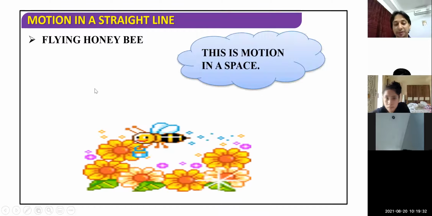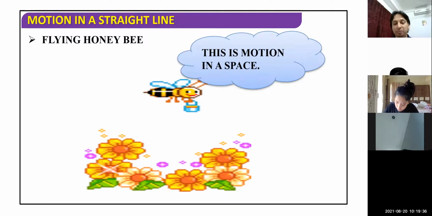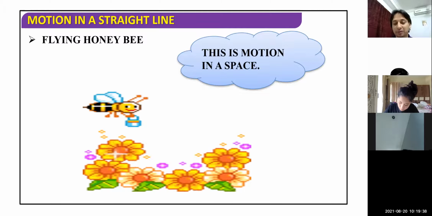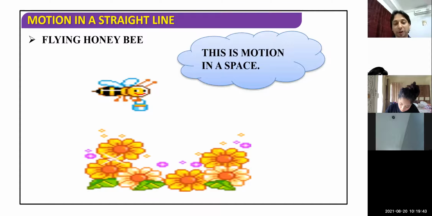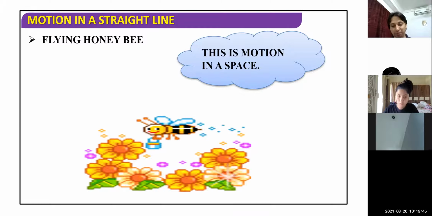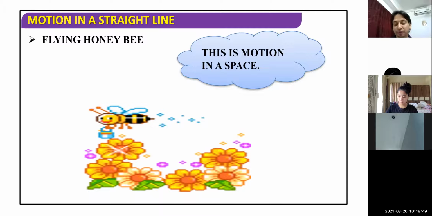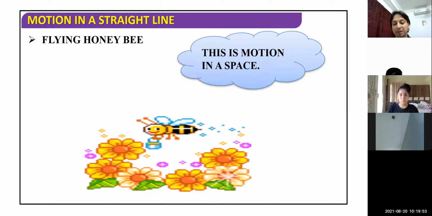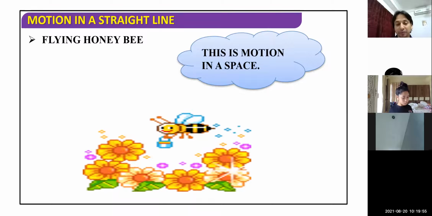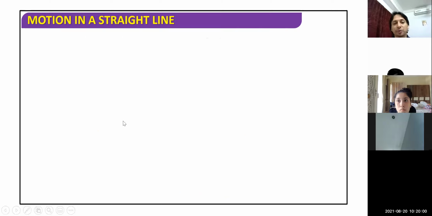Motion is in space. So any object, children, that you have to remember, any object moving in a straight line is called linear motion. Any object moving on the ground but moving forward, backward, that motion is called two-dimension motion. Example of cockroach, and another example, the carom board. And there are so many other examples.